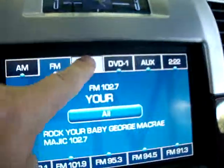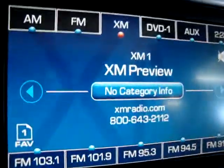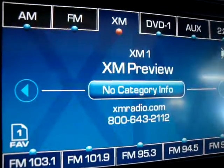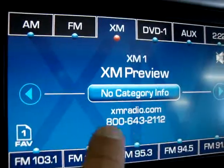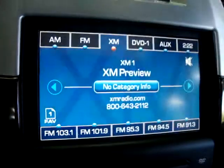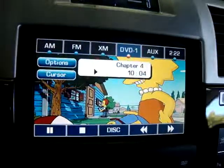You also have XM stereo in this vehicle. Right now, the XM stereo is on preview mode, because you have to sign up for your own service by calling the number provided down here. Okay. All right, we're pretty much done with that. We'll put it back to the DVD, and we're gonna lower the volume so you can hear me talk